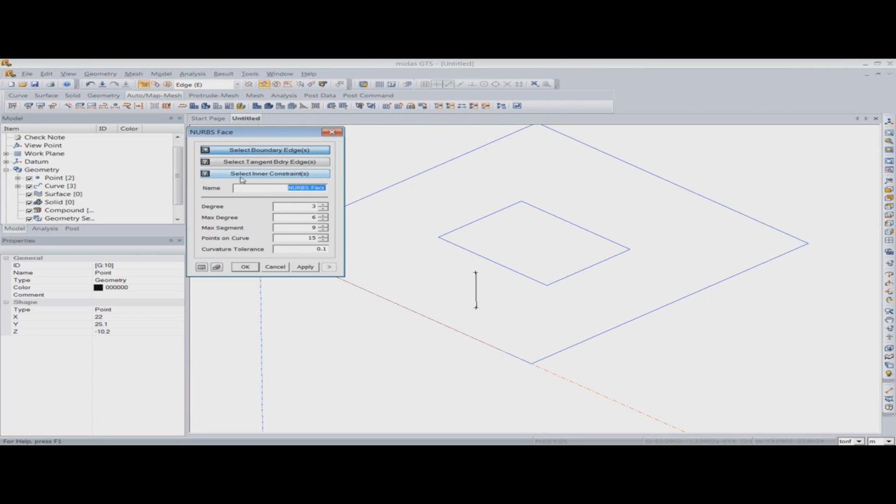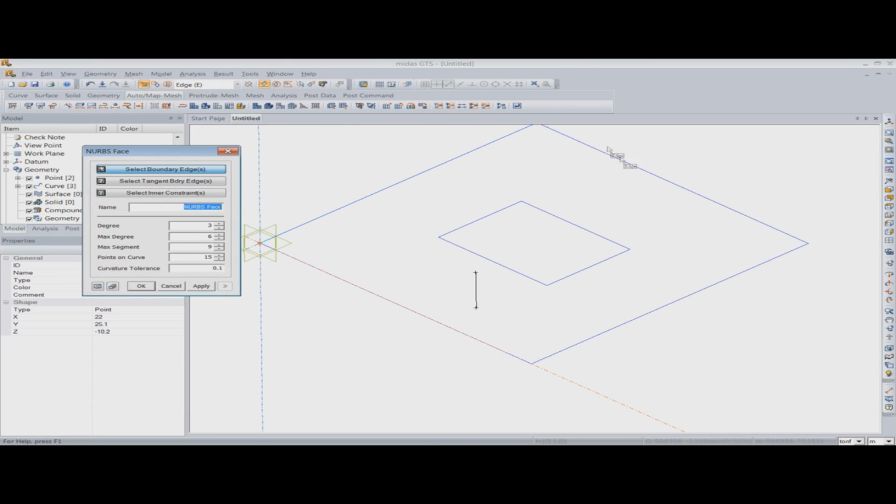And if you want to define the inner constraint, so let's say I want to select these four edges, and the surface is like a dome structure, so I'll have certain constraint inside that will tell the program that it is a dome kind of a structure. So I can select the inner constraint, and based on the inner constraint it will generate a NURBS face for me.